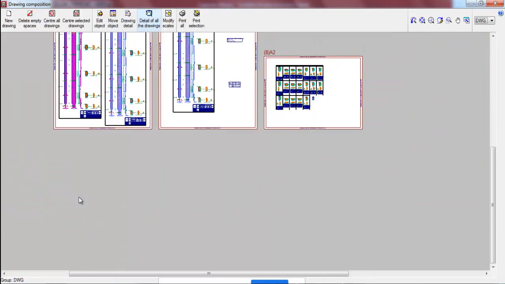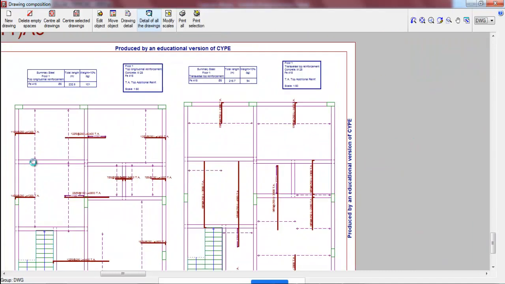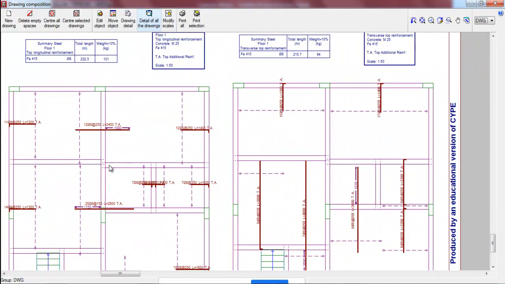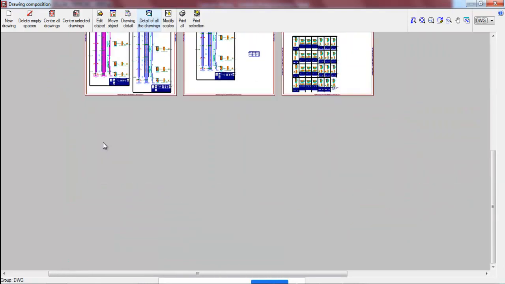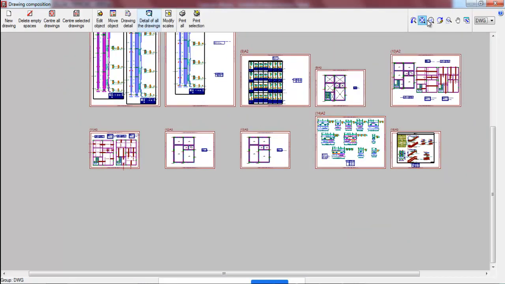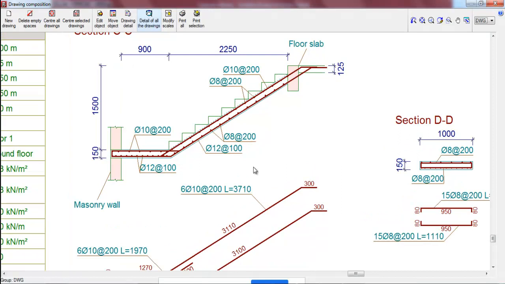So this is the top reinforcement drawing in x and y direction, and finally we have the staircase drawing. This is the complete staircase drawing.